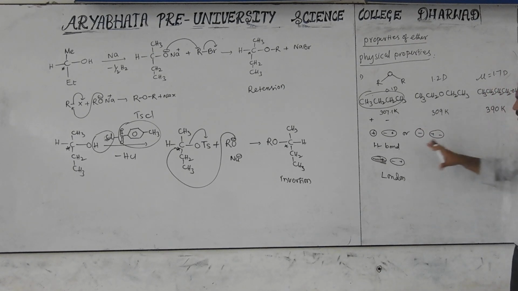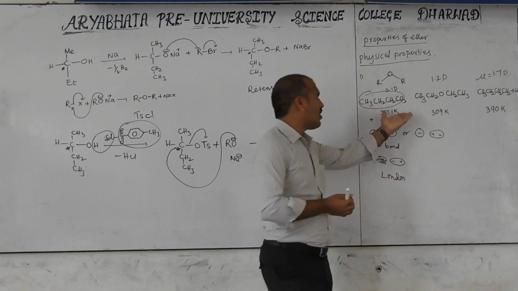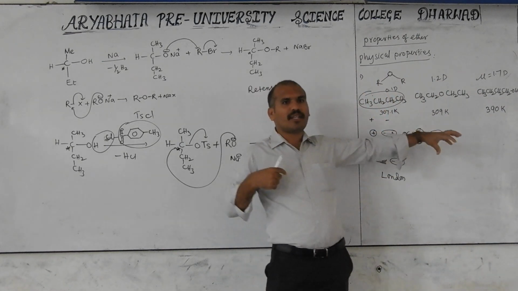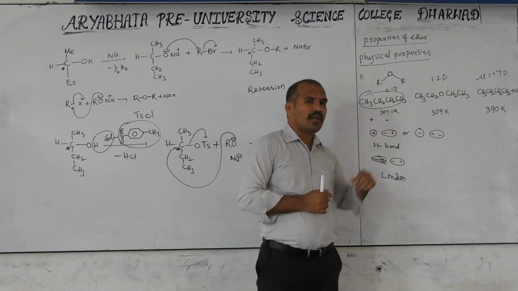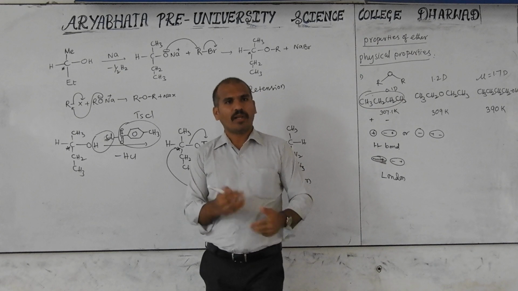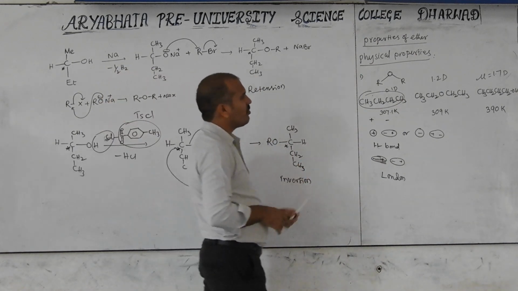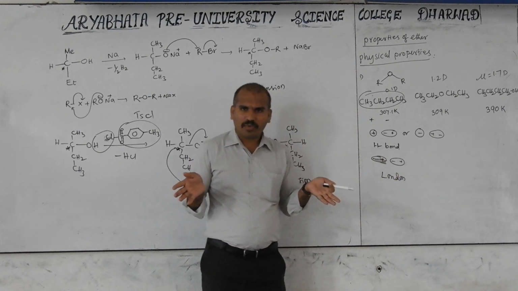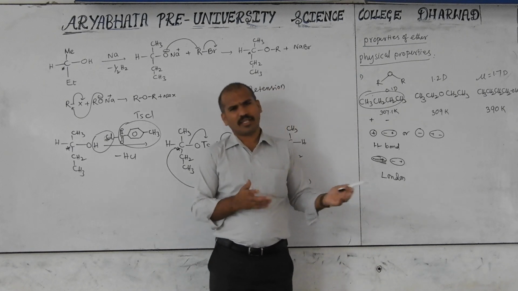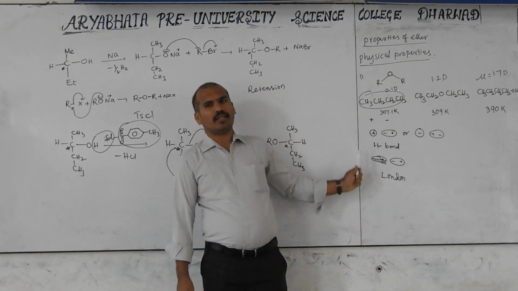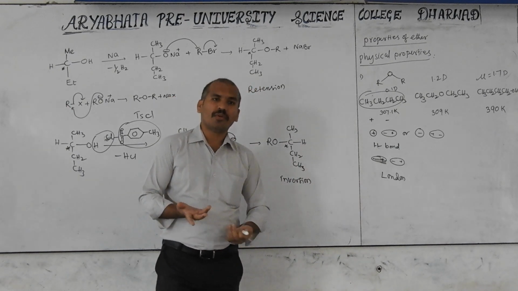It means, based on this order, we can easily decide. We are not discussing branching here. If these are straight chains, there is no branching discussion. Less branched has more boiling point, and more branched is less. So this is the order we have to remember to decide the boiling point in any chapter, maybe alcohols, ethers, carbonyl compounds, anyone. Okay? So that was boiling point, next one is solubility.